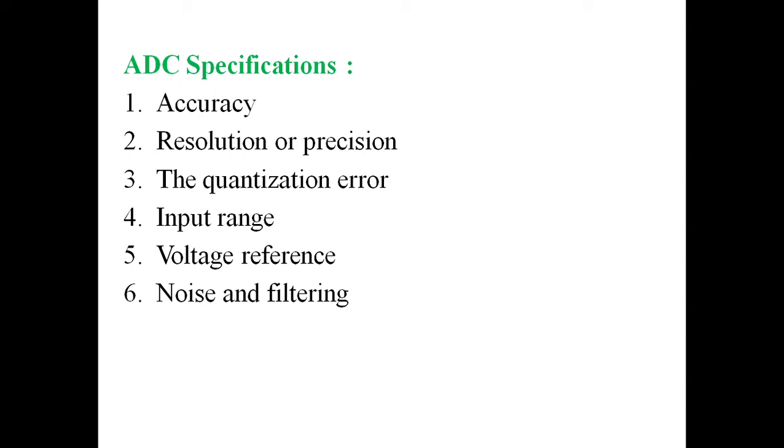Next, resolution. How many bits are we using to represent the digital value? Suppose in the case of an LCD panel or LED panel, there is some limitation. After the point, we can display only limited digits, even though we are getting multiple values. Suppose 0.123, they display only 0.1. So 2 and 3 are discarded here. That is the resolution.